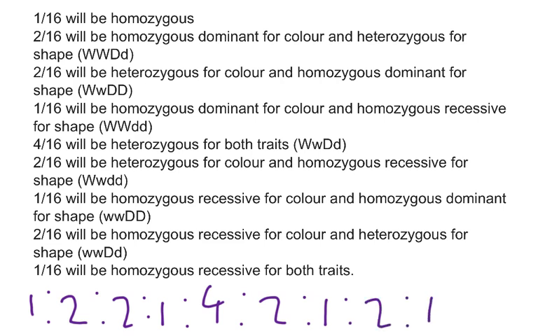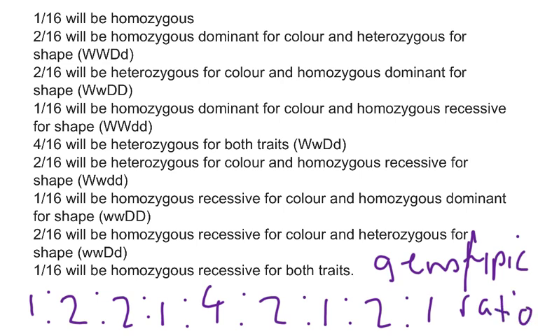So how did I figure that out? All I did was look down on the left-hand side of those ratios or those numbers there. So 1, 2, 2, 1, 4, 2, 1, 2, 1. Down the left-hand side, straight down, and that's going to give me the genotypic ratio. So I might actually write genotypic